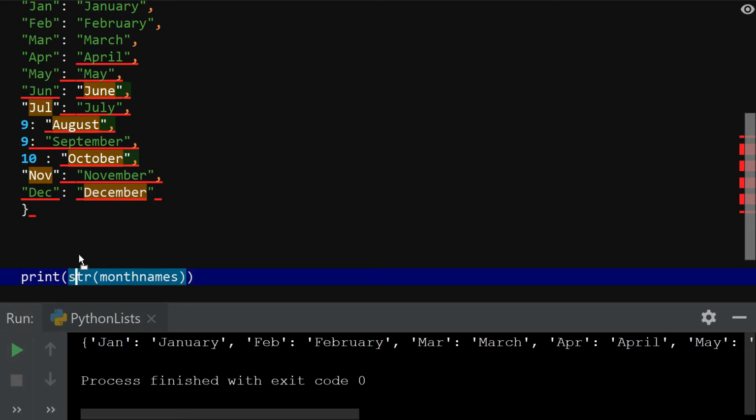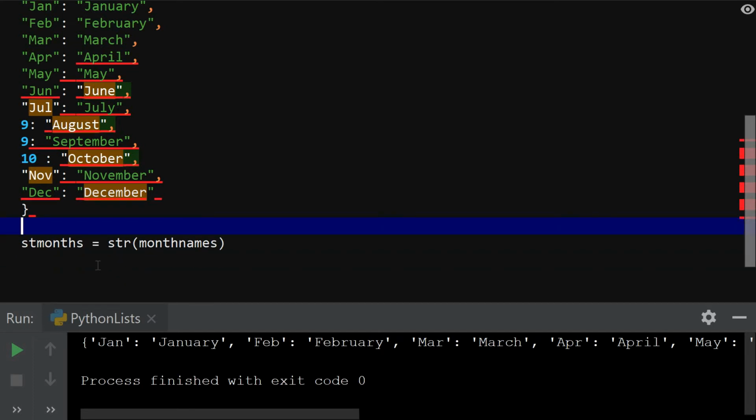I'm going to copy this out, put it in this line, and assign it to a variable: str_months is equal to this. Now I have str_months as the string representation of the entire dictionary. What I'm going to do now is loop through all the items in the str_months variable and print them out. So for item in str_months,